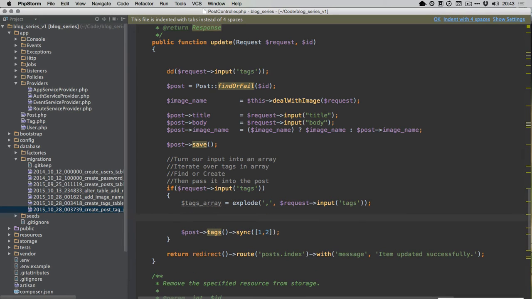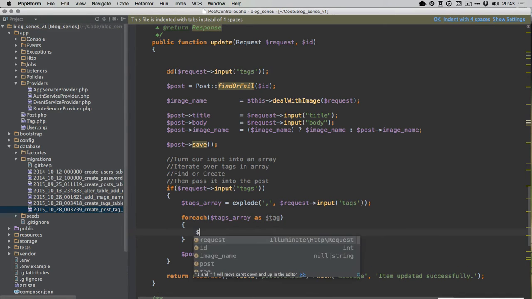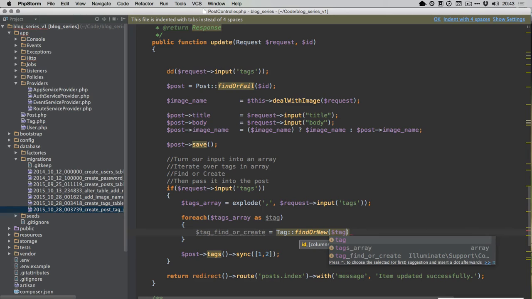And I'm going to say for each of these tags that we've been given as a tag, let's start dealing with them, right? And so a tag, let's see, tag find, let's see, what's the best way to do this? Let me just start. So tag find or create equals tag find. So we have this model we made earlier called tag, right? Find or new tag, okay? Now what that is going to deliver to us is not what I want, so I can't do that. So I'm going to say tag where